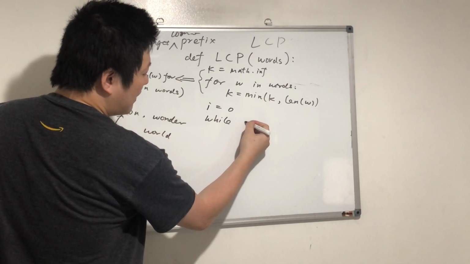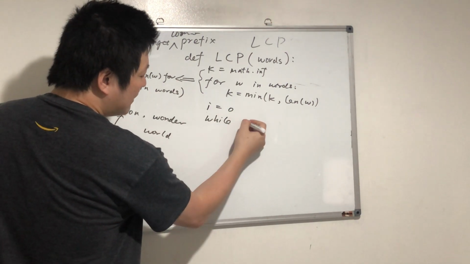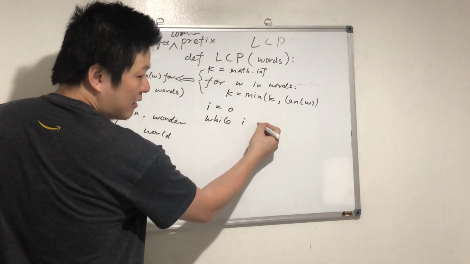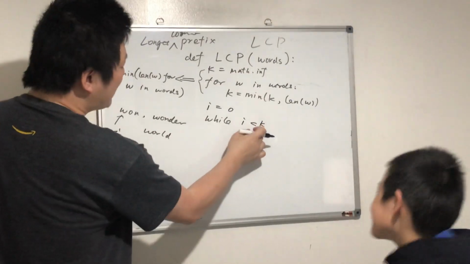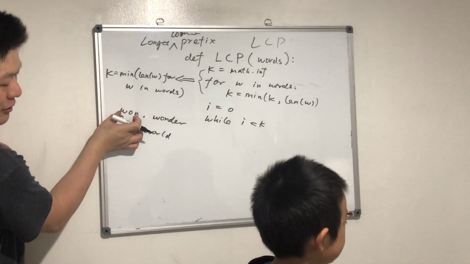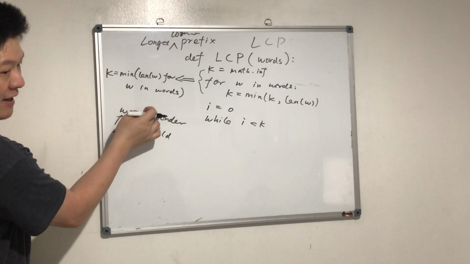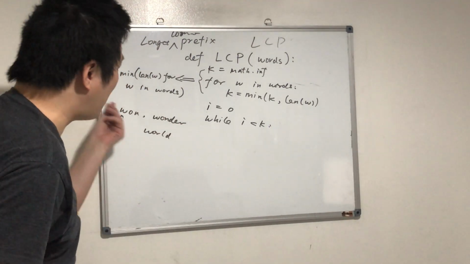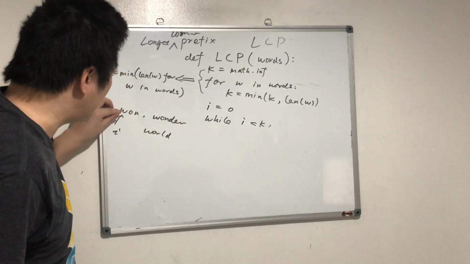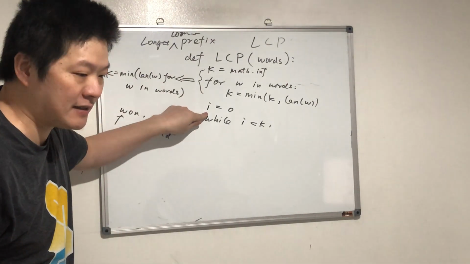While I is smaller than K. Yeah, because K is the minimum, which is 3, yeah? There's no point checking beyond the K-th character, right? And now look, if we want to find out if all the characters at index I are the same,